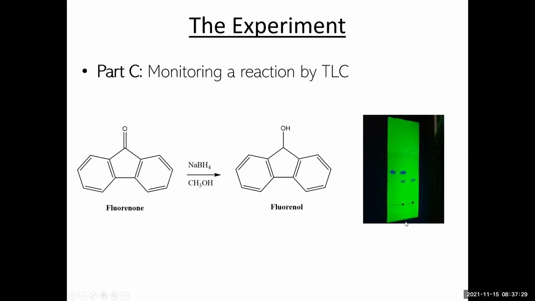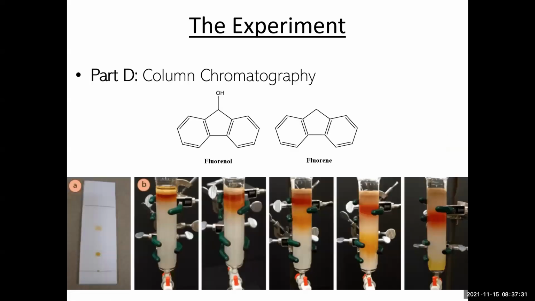Okay, moving on to part D of the experiment, we're going to do our first column chromatography. And we're going to try to separate fluorenol and fluorenone. And you can do a TLC of the mixture to see what it looks like, right? With the 2 components in there initially. And then I'll show you how to set up a column and how to put the compound in at the top, and then solvent in,